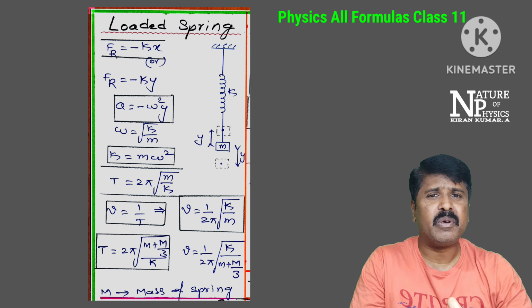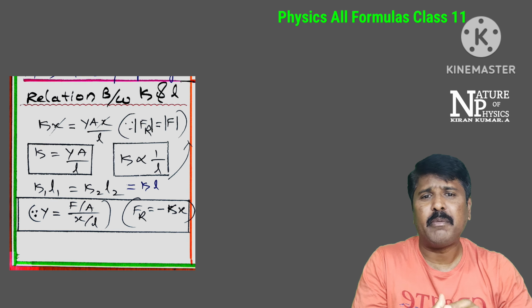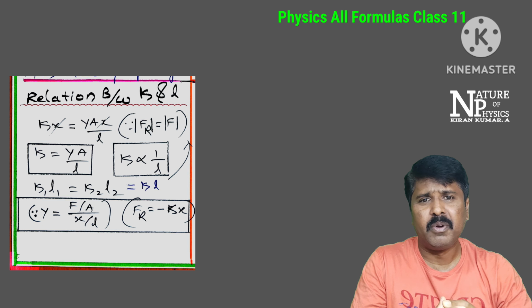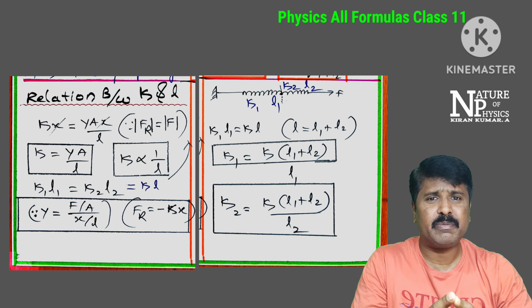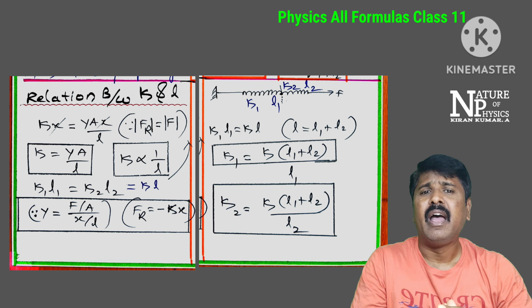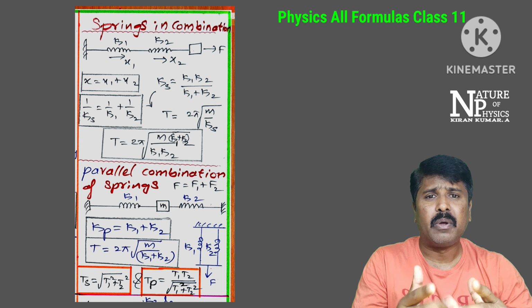And the loaded spring also I gave you, and frequency, time period of the loaded spring. Capital M is the mass of the spring, included formula I gave you. And the relation between K, the force constant or spring constant, and L, the length of the spring. K is inversely proportional to the length of the spring, and cutting of spring and K1, K2, L1, L2 related formulas